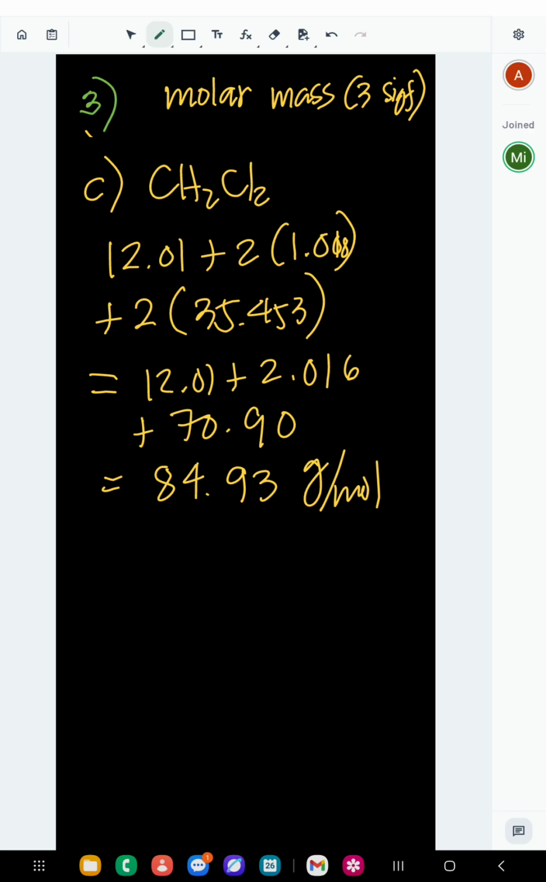Then the next one is NH4 twice SO4, (NH4)2SO4. Is this ammonium sulfate? Do you know how to name compounds? Not yet. Yes, and SO4 is sulfate. All right, so molar mass of this,